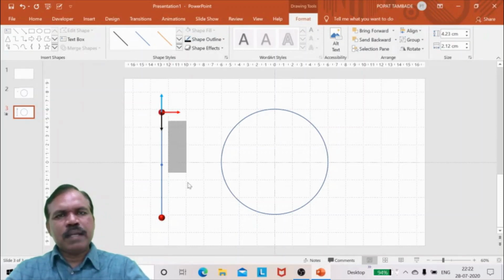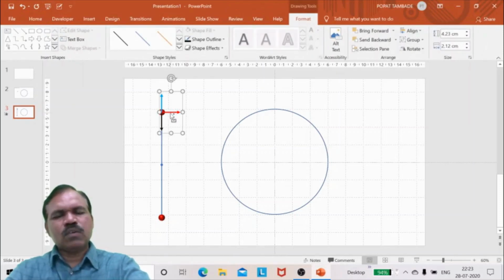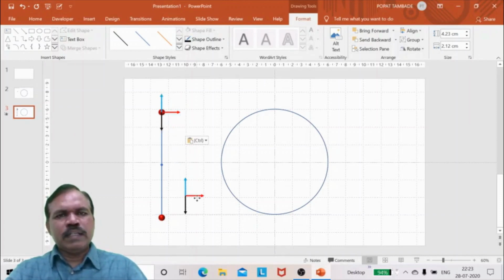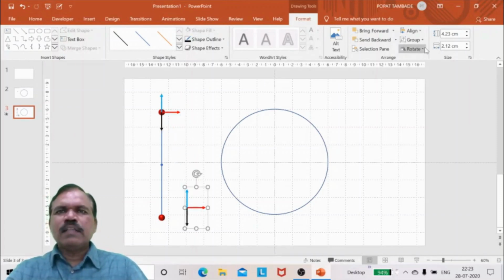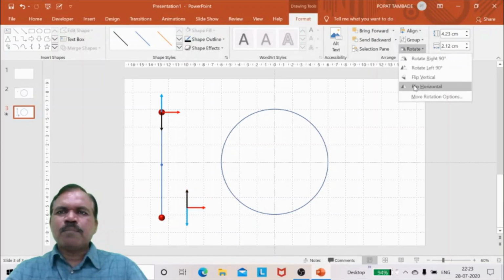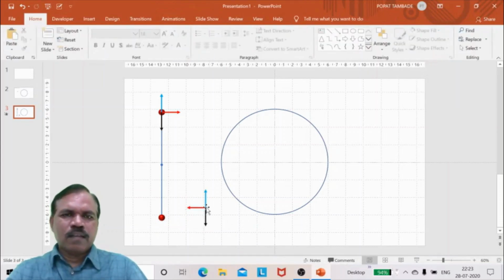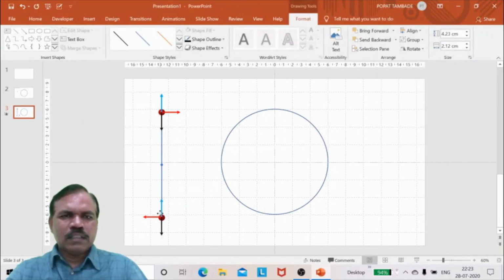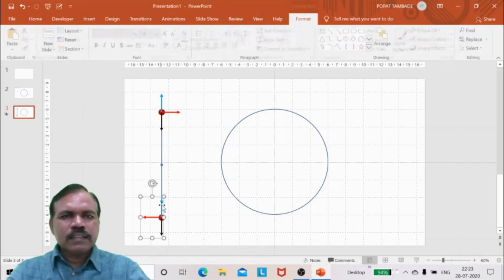Just copy them and paste. Just copy and paste them. Just copy and paste. So I will take here and then go to rotate menu and flip horizontal and take this here on this and arrange exactly at the center.